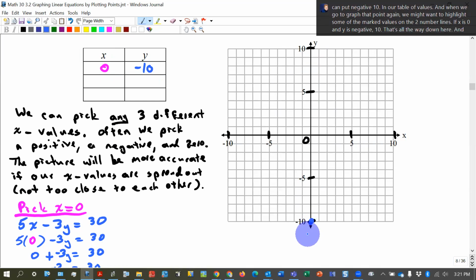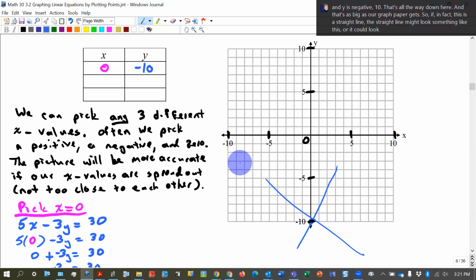And that's as big as our graph paper gets. So if in fact this is a straight line, the straight line might look something like this, or it could look something like that. But in either case, part of the graph is going to be below